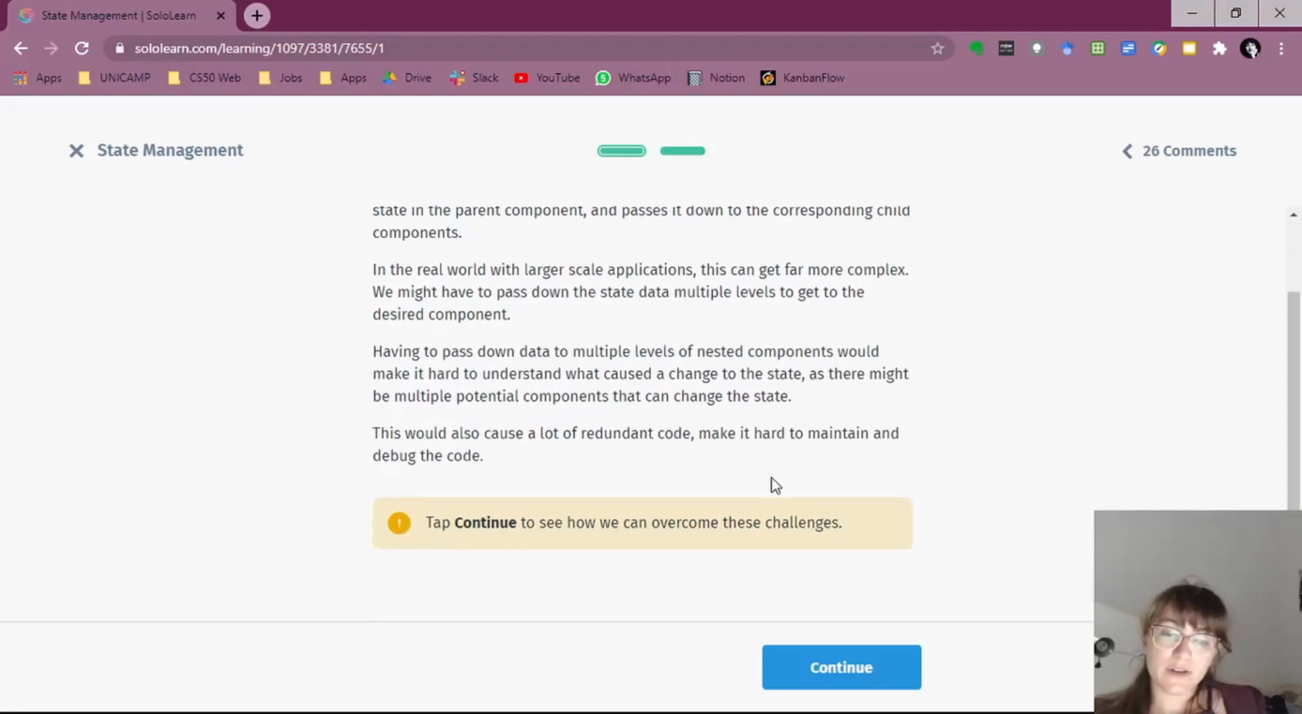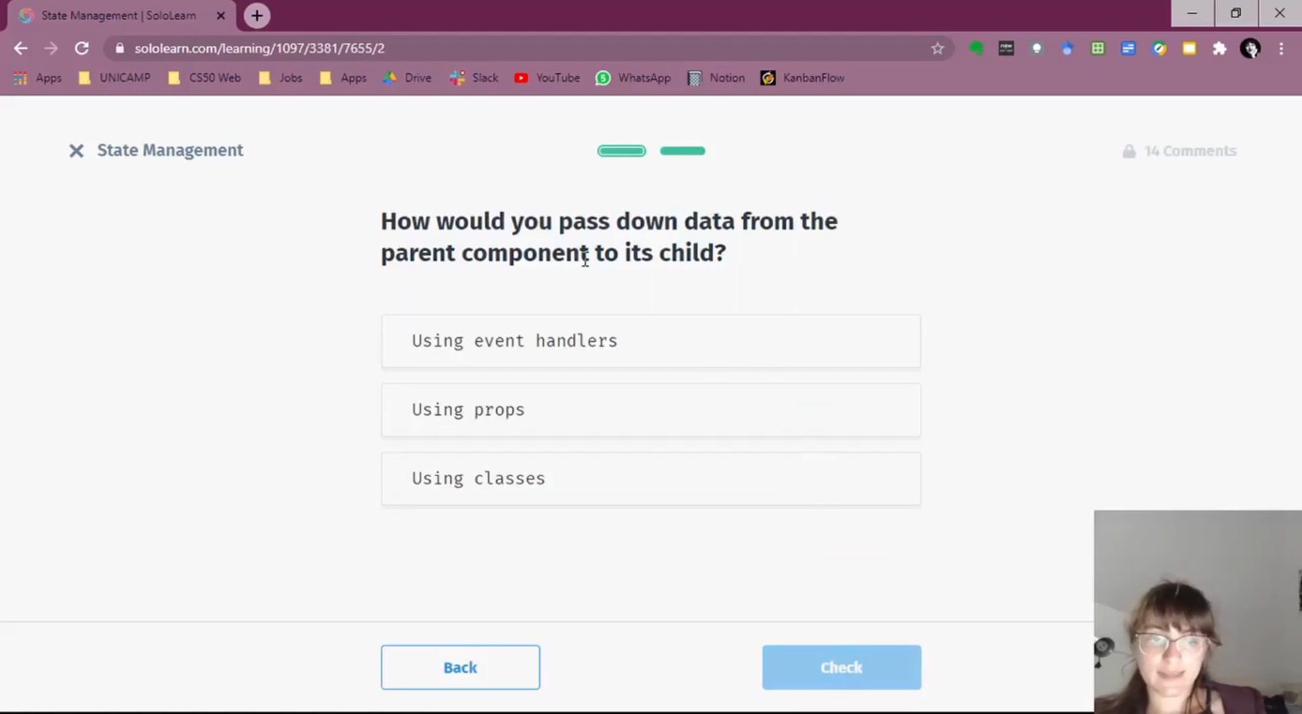This would also cause a lot of redundant code, make it hard to maintain and debug the code. So let's see, how would you pass down data from the parent component to its child? So using props,